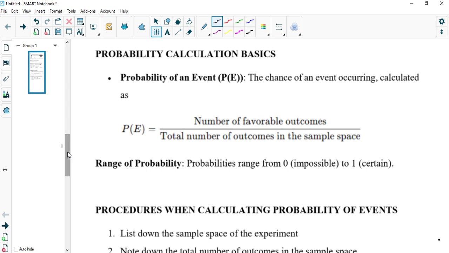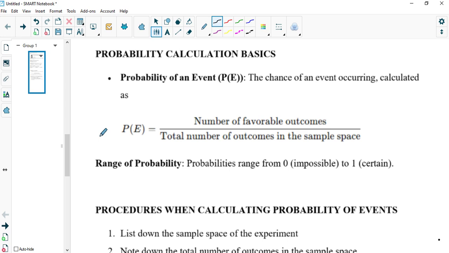In this lesson, we are going to look at probability calculations, our basics, like how do we find the probability given an event. This part is very important because that's the basic part of understanding calculations involving probabilities. So we are saying that the probability of an event, that is P(E) for any event, is the chance of an event occurring. If you are trying to calculate the chance of an event occurring,